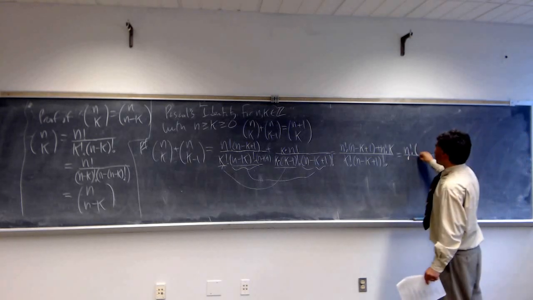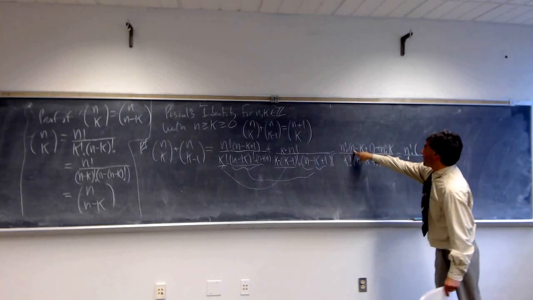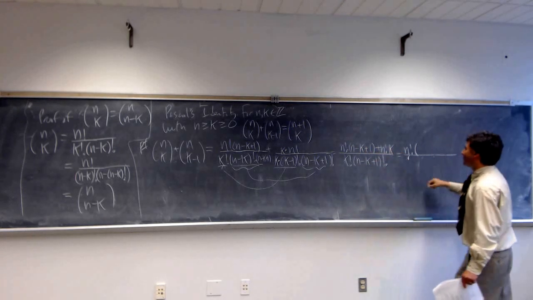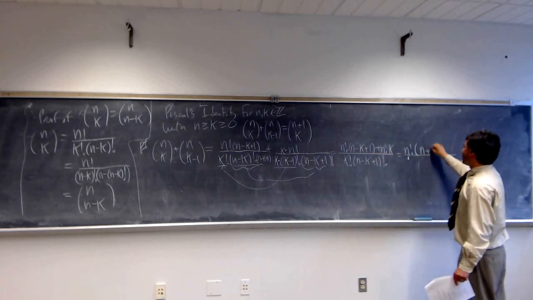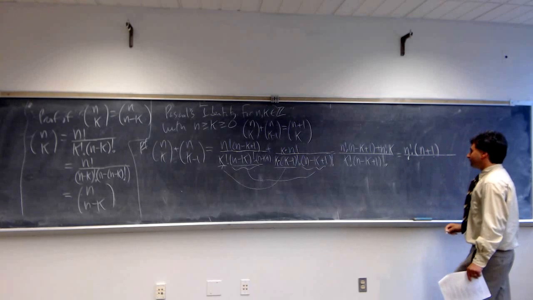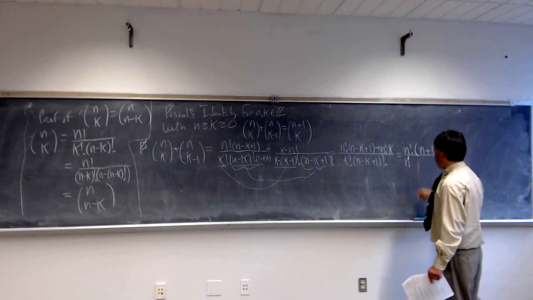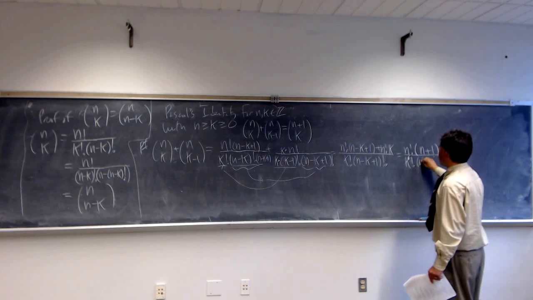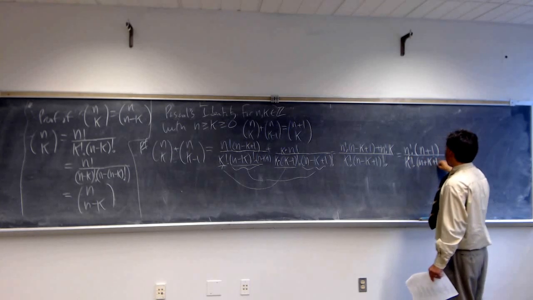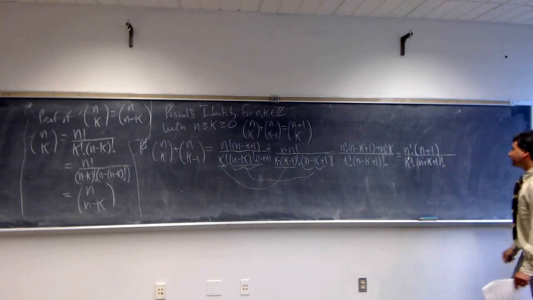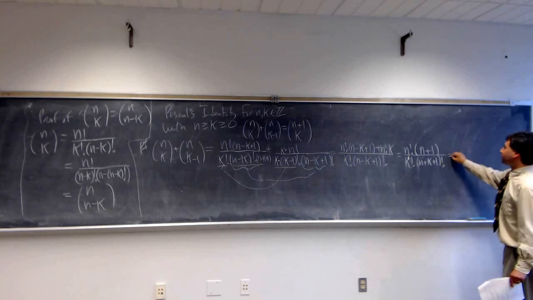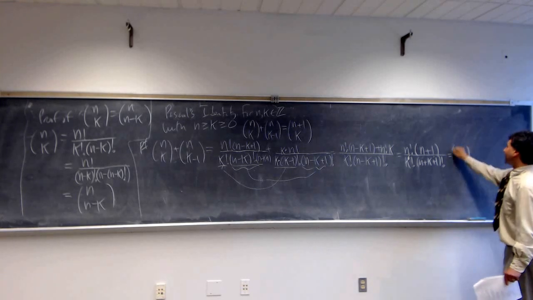So this becomes n factorial if we just combine terms. n minus k plus 1 plus k, that's just going to be n plus 1. And the denominator stays the same. But this is n plus 1 factorial